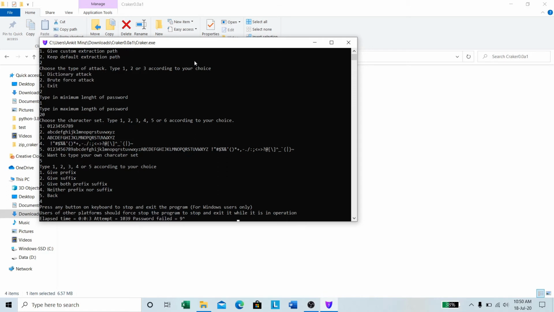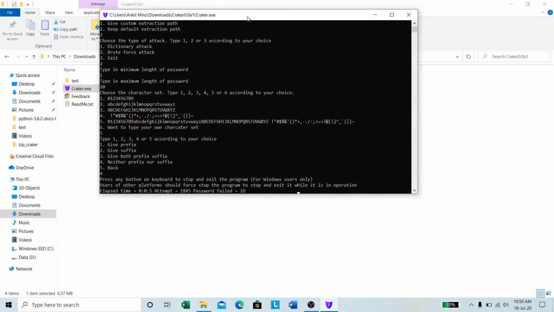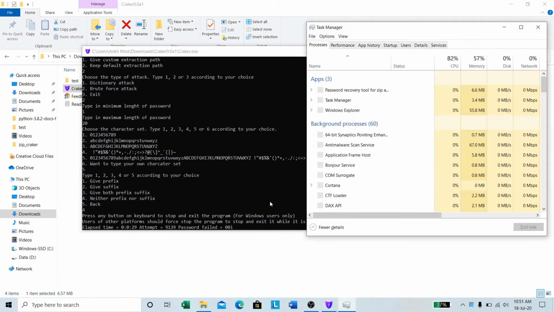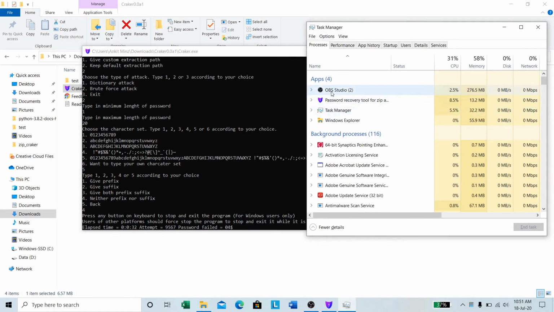Now this will take a hell of a lot of time, which will be practically not possible. So let's suppose you are tired of waiting. Now you want to stop the program, right? It is very easy to stop the program. Just press anything on your keyboard and it will stop. But let me show you the resource usage of this program. Control Shift Escape, Task Manager. Now here you can see password recovery tool for a zip archive.